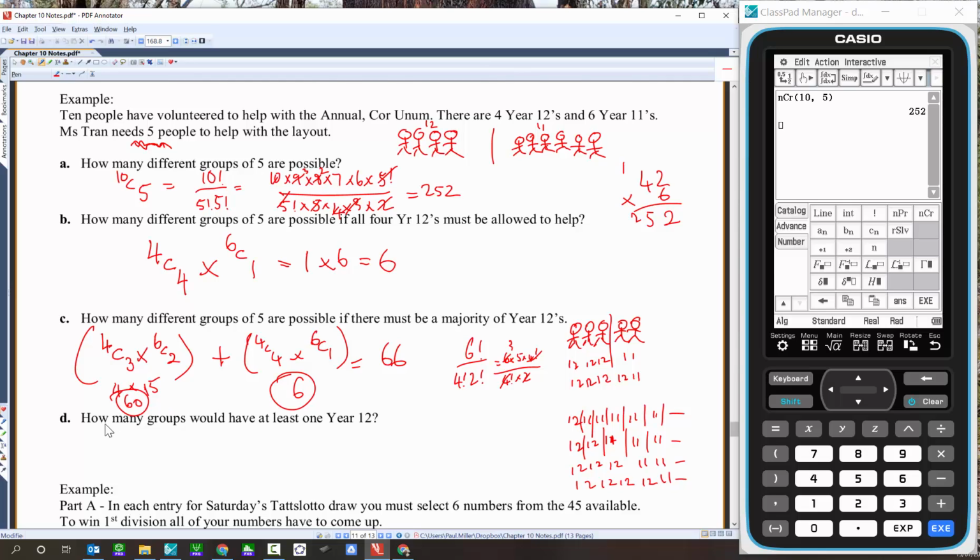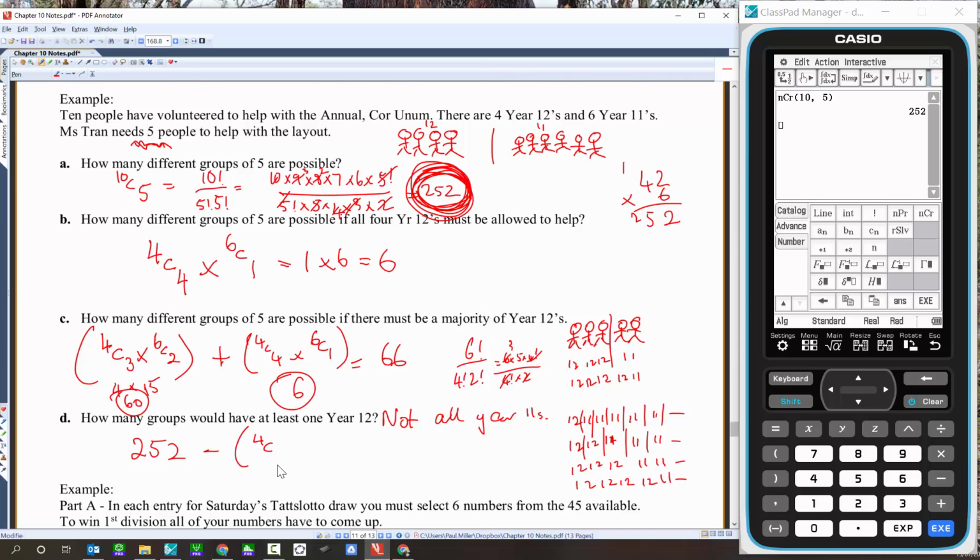But wait a minute. How many groups would have at least 1 Year 12? That means, what does it mean? At least 1 Year 12 means at least 1 Year 12s, not all Year 11s. Okay, so why don't I work out the chance of getting all Year 11s, so no Year 12s, and then remove that from all the possible combinations that are allowable that I worked out in part A. So I'm going to say that this is going to be 252 subtract,